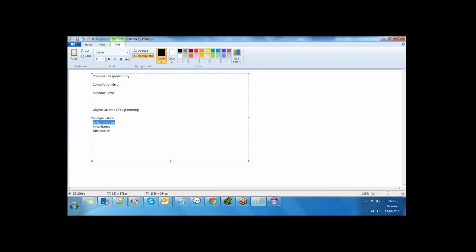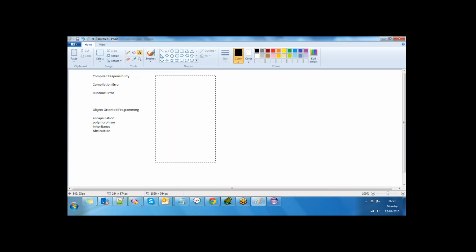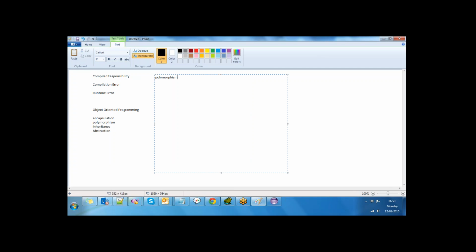First we'll talk about polymorphism. What is polymorphism? Does anybody have an idea?